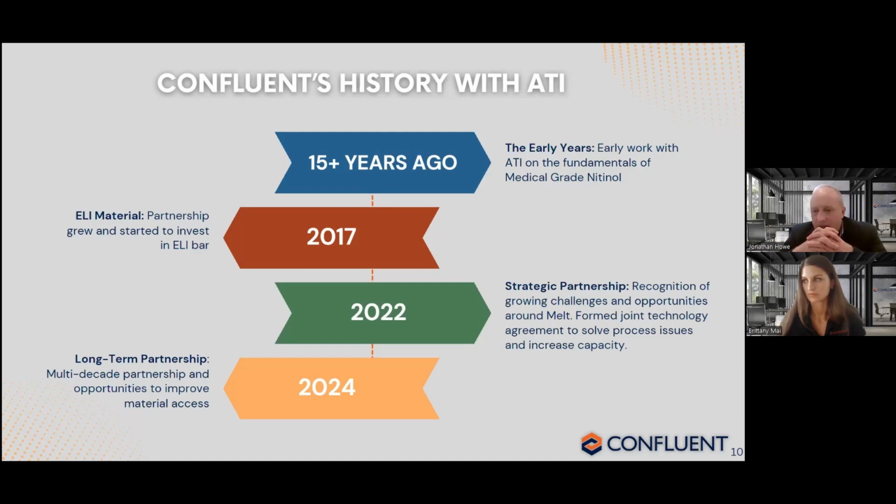So that's what we did with them starting in 2022. We've been fortunate to have some time with both our teams together, and really happy to see how we've got to a spot now where it's really kind of one team, and that's been really nice to see. And then this year, as we just announced, we announced our